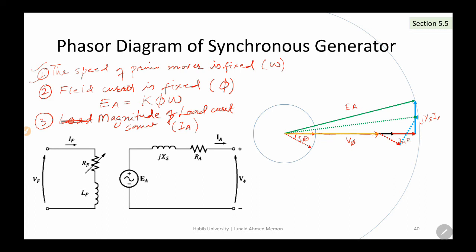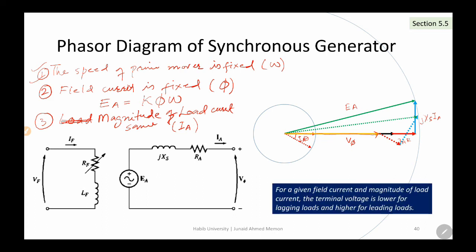Okay, so for a given field current, that's a summary of the discussion. For the given field current and the magnitude of the load, the terminal voltage is lower for lagging loads and higher for leading loads. If you repeat the same exercise and move this vector in this direction, you will see the phase voltage increases for capacitive or leading loads. So that's the